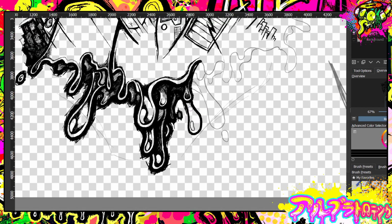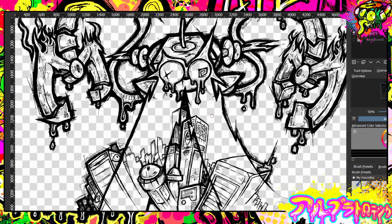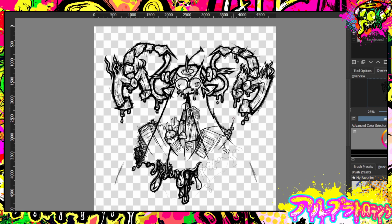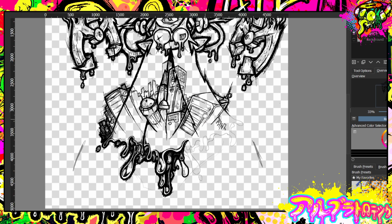All coming together. I really love how it's turning out though. It's turning out to be one of the best pieces that I've done at the moment. And all this is just repurposed work from last year. So